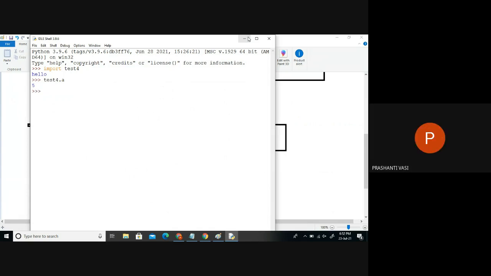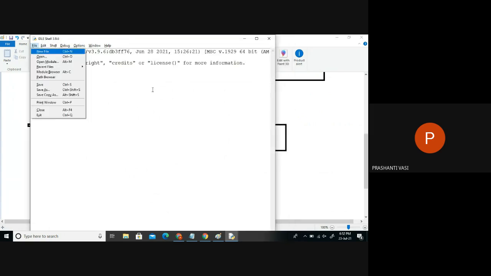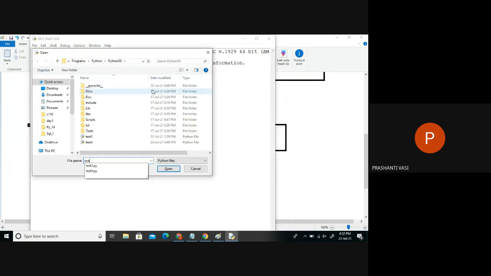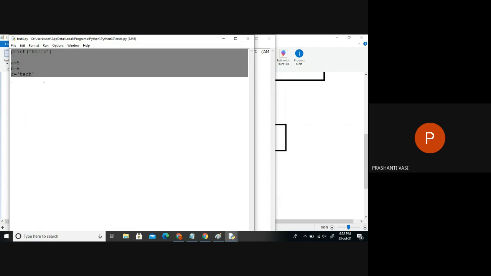But the problem is when we go to the file itself, when we open the file test4 directly and click the option of run. When you click on run, only the code is loaded, not the file. The file is not loaded in the interpreter.